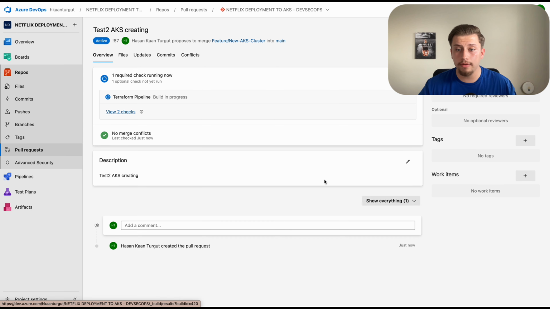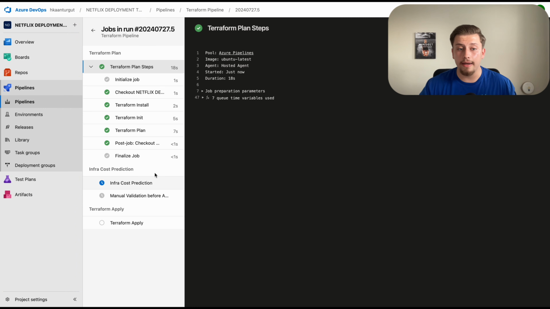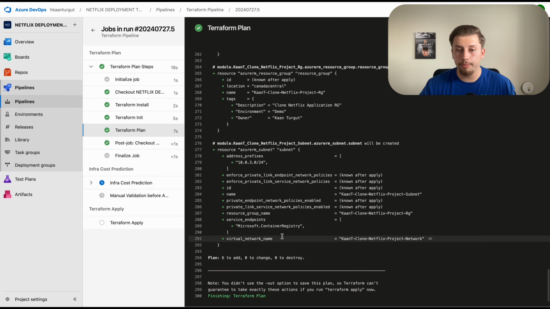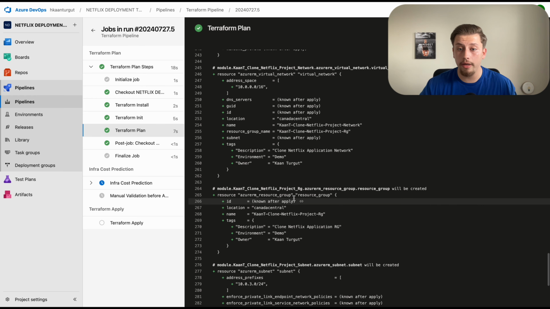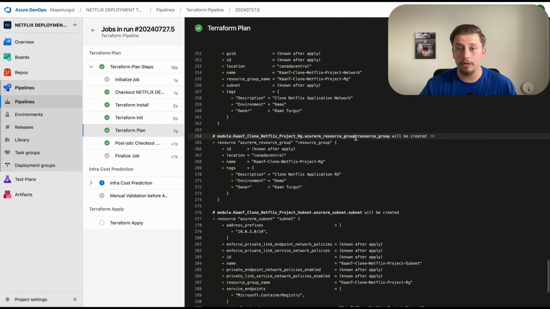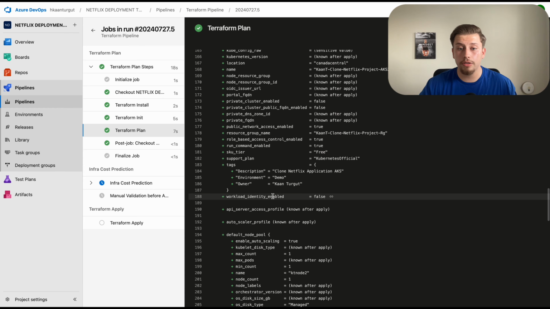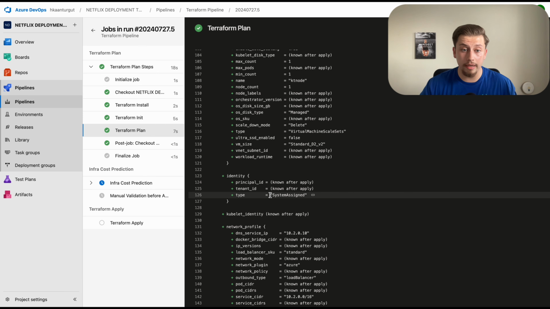I want to touch on that there are no comments here yet in the pull request. I didn't do anything. We're waiting for the pipeline to do that for us. So our Terraform plan is done. I can check out the Terraform plan and I can see that there are 6 new resources to deploy into my environment. Some of them are resource groups, some of them are subnets, some of them are virtual networks, my AKS cluster. So I know that resource groups and subnets are free, but my AKS is